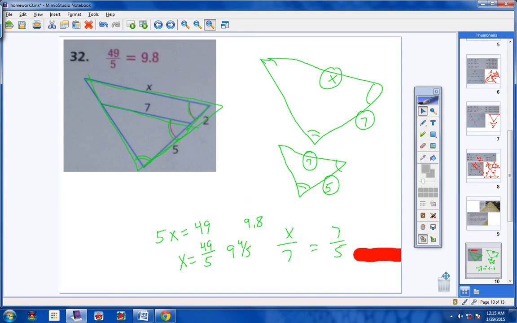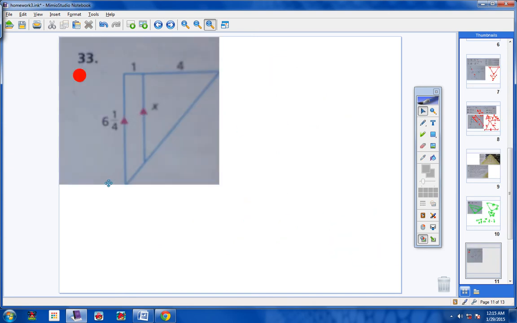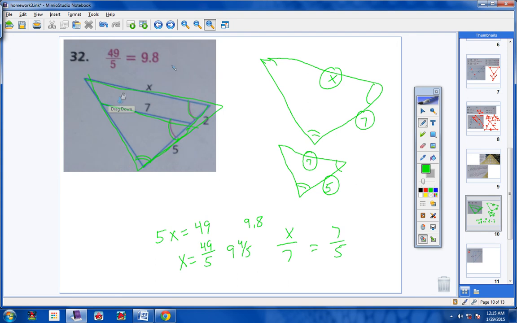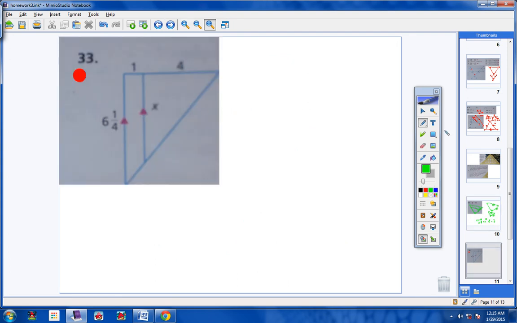Alright, moving on now to number 33. Same thing again, guys. Okay, look, we got triangles drawn with the sides here that are parallel, so that means this little triangle right here, I'm going to quickly trace these to make it a little easier. This little triangle